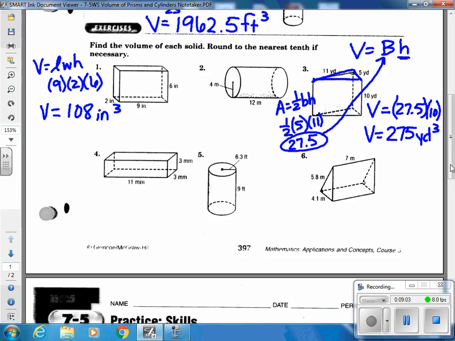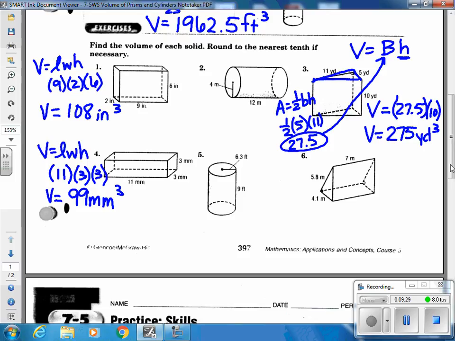All right, while we're doing that same formula, let's go ahead and go down to number 4 and do the same piece. It's the same shape, just a different size shape, and it's turned a little differently, but it's still a rectangular prism. So length times width times height. The length is 11 from left to right. The width would be the side piece, which would be a 3, and the height would be a 3, how tall it is. 11 times 3 times 3 is going to give you 99, and the mm stands for millimeters